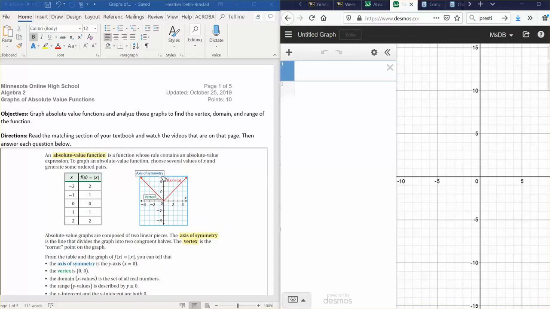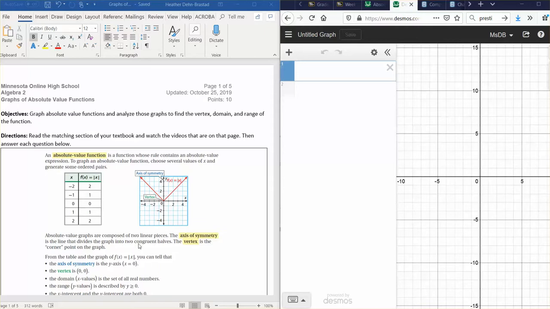Now through the vertex there's a line of symmetry, and that's called the axis of symmetry. You can write the equation of that axis of symmetry. We won't do it in this lesson, but in the future you will be writing equations of axis of symmetry, and it would just be x equals 0. It's a vertical line. It goes through x equals 0, so its equation is x equals 0, not 0, x